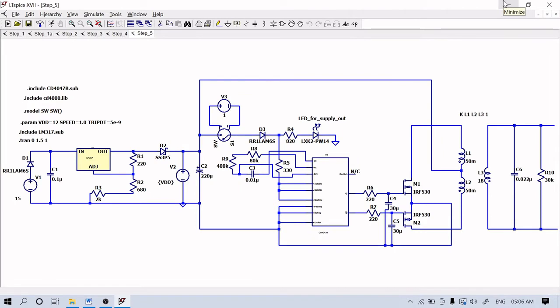Now we will see how to design the solar power inverter circuit using LTSpice. So this is the final design which you want to design from LTSpice. Okay, so now we will go step by step. The main thing I said,